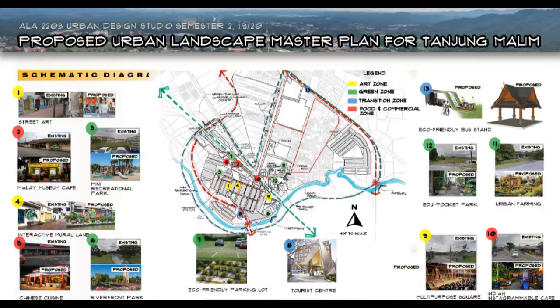A mini recreational park aiming at the children and also the residents will be built for the housing area at Old Town. It will be built on a potential land next to a line of shop lots near the housing area. It will be filled with a playground and a therapeutic space. The green area along the river at the south entrance of Tanjung Malim will become a riverfront park where people can have sport and gathering activities there.